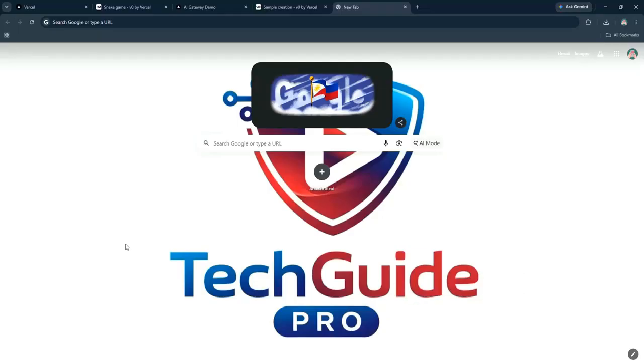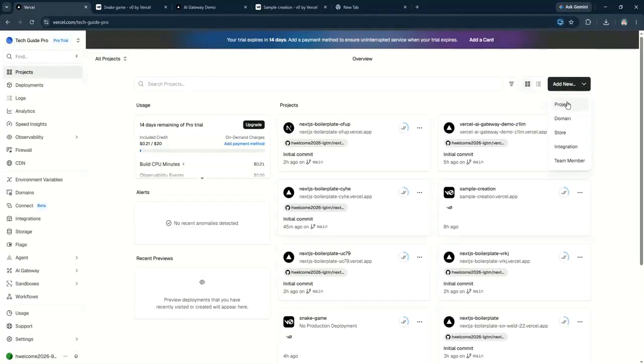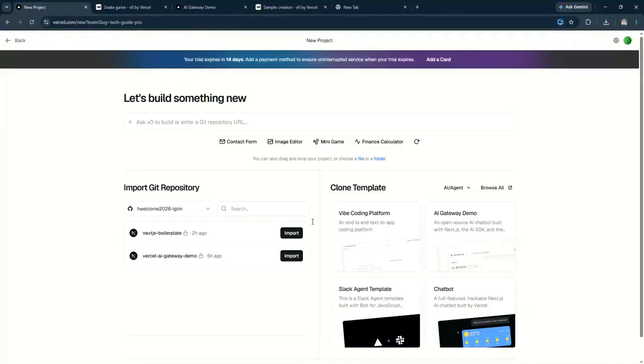First, go to the Vercel website and sign into your account. Once logged in, navigate to the dashboard where you can find the option to create a new project. Click on Create New Project and select the option to integrate the Chat SDK. This will prompt you to enter the necessary details like your project name and select the appropriate framework or platform